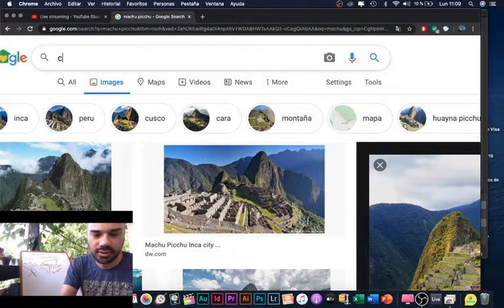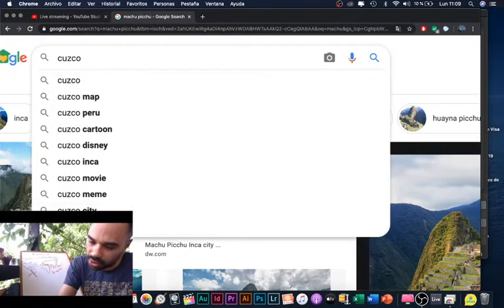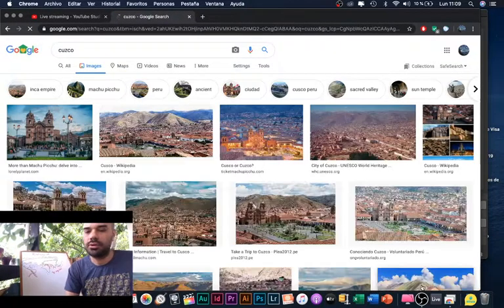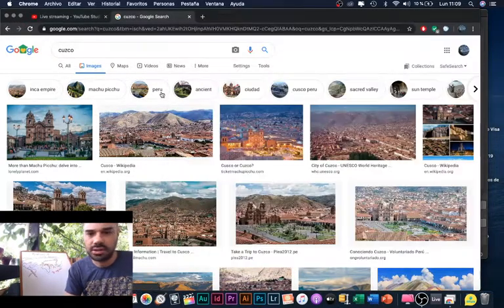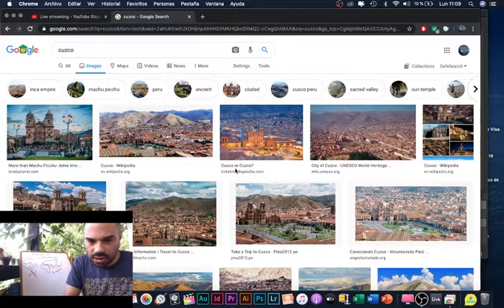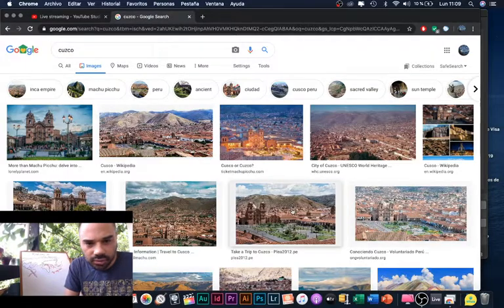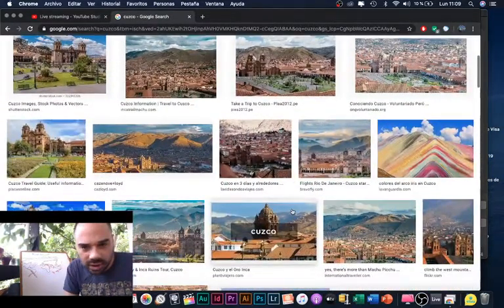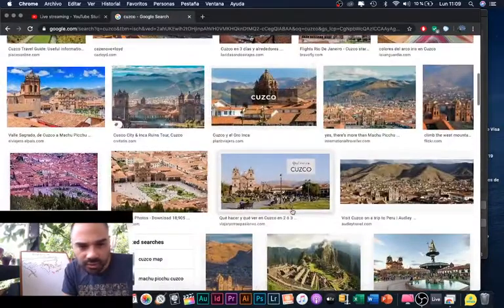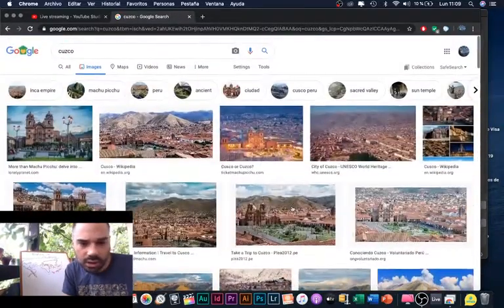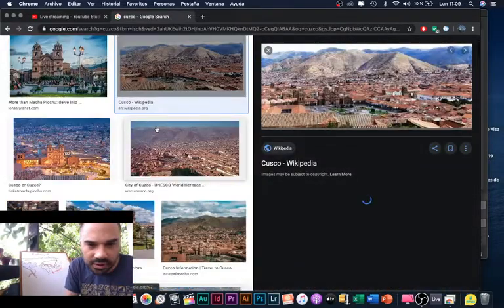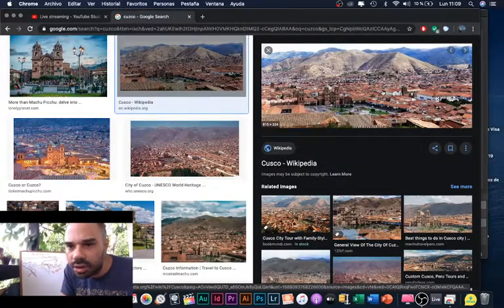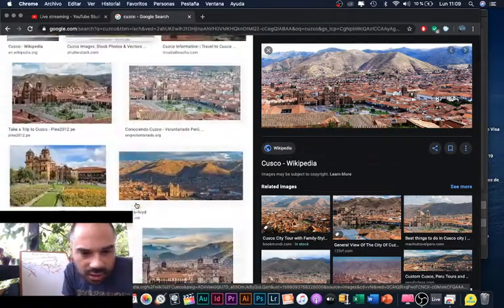There are some ruins in Cusco too. Cusco is a very cool city because it's a mixture of the modern. You can see the Spanish. You also have ruins in Cusco. That's pretty cool. There are some Incan ruins in Cusco, and you have the Spanish background there, maybe on this photograph, because the ruins are on top. You can't see the ruins in here.